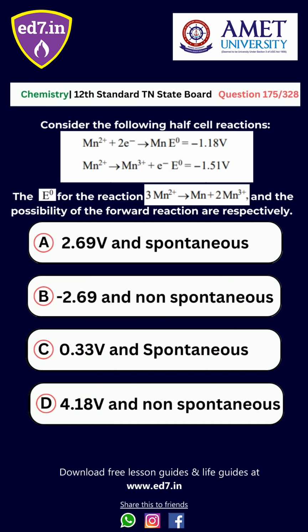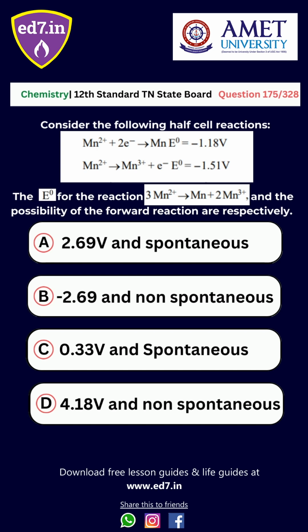Question number 175. Consider the following half cell reactions. Mn2+ + 2e- gives Mn, E° equal to -1.18 V. Mn2+ gives Mn3+ + e-, E° equal to -1.51 V. The E° for the reaction 3 Mn2+ gives Mn + 2 Mn3+ and the possibility of the